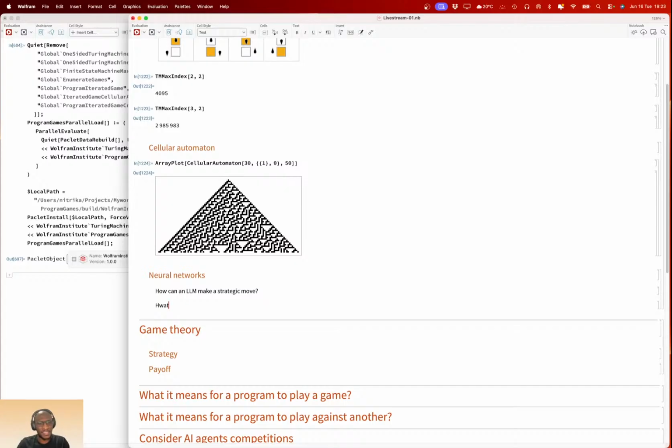And what can we conclude if an LLM gives a strategy? Can we conclude that it's an optimum strategy?